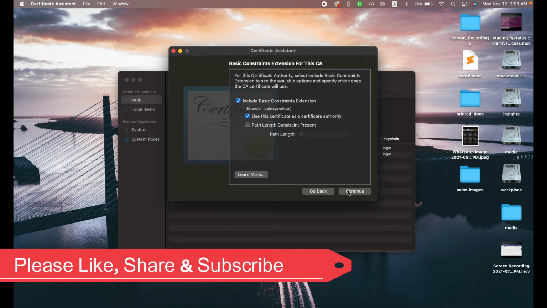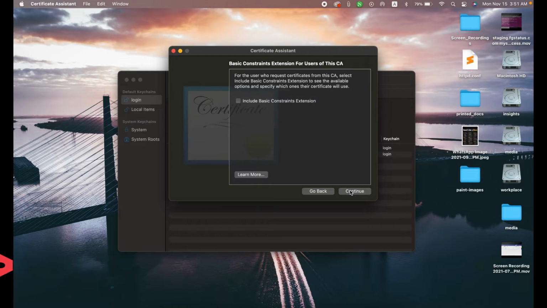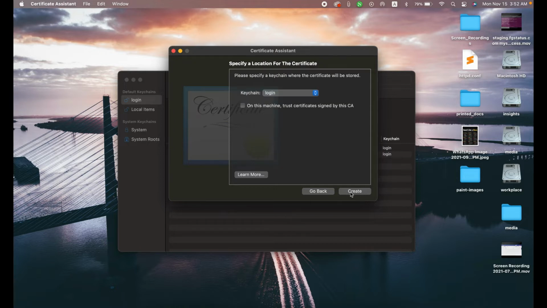Again continue. Again continue. As you can see, it's so easy for us, guys. If we don't go into the details of what this setting is for and which setting will do what, we just need to pick all the minimal options that we are going to use, and then click continue. Continue. Again click continue.